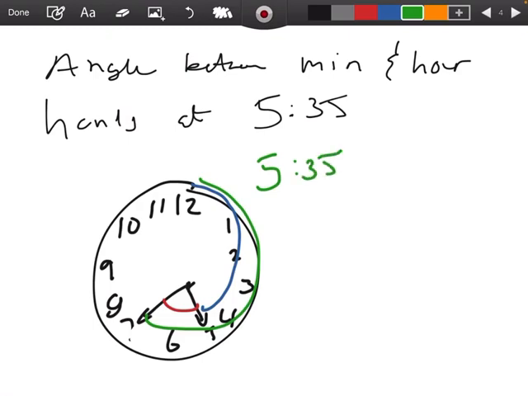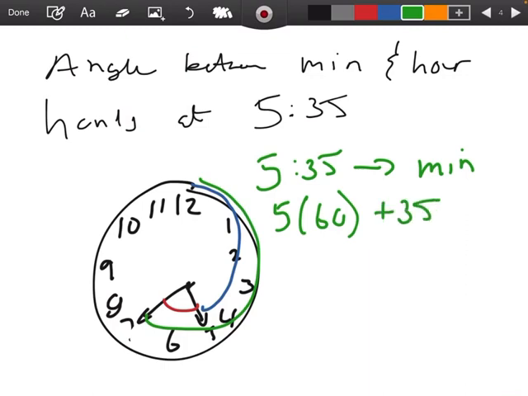So y'all, 5 hours and 35 minutes. Let's see. What I want to see is if I can convert this specifically to minutes. So this is 5 times 60, plus another 35, that's 335 minutes, okay? So y'all, what I want to know is, how can I convert this part? Guys, I'm going to do this in 2 pieces because